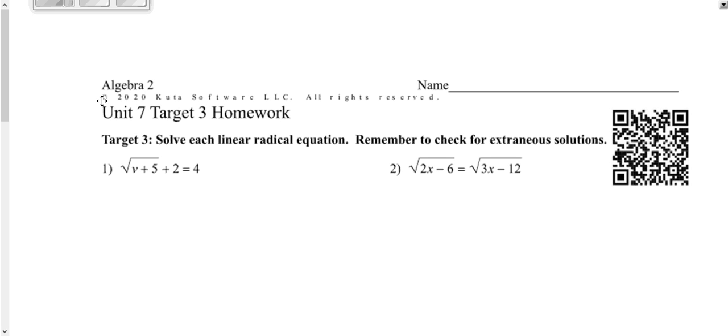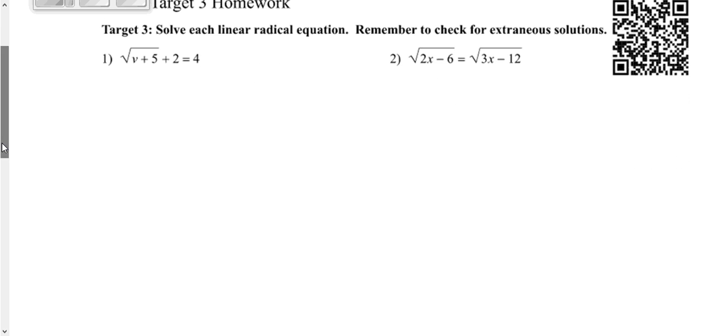Here is your homework for Unit 7. This is Target 3, solving a square root equation. There's a really good reminder here in the directions to check for extraneous solutions, so we will make sure to do that. So on this first one, on all of them, we are going to get our square root by